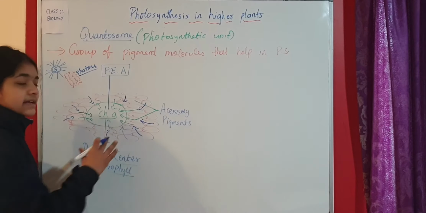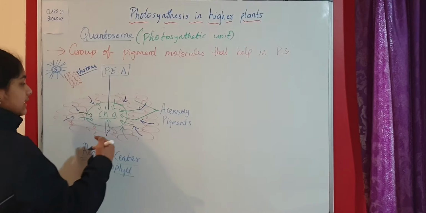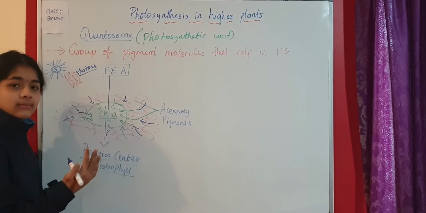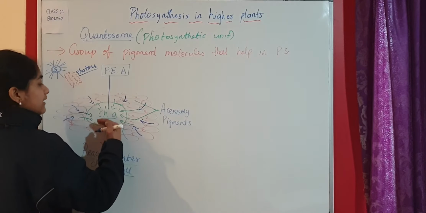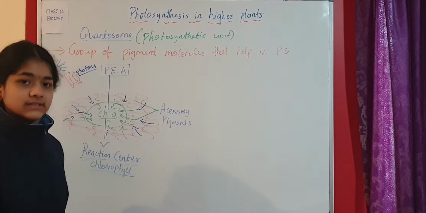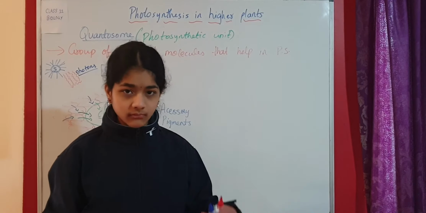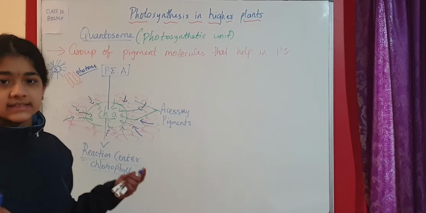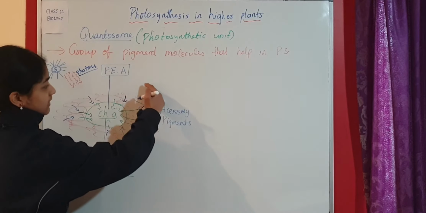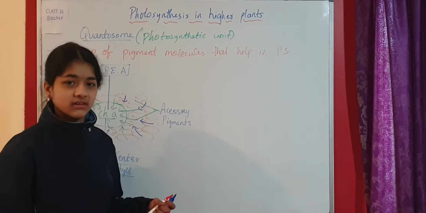Because chlorophyll A has all of the energy from the sun, and the electrons get excited. The atoms in the chlorophyll A pass on the electrons, and the electrons get excited and go to the primary electron acceptor. The function of the primary electron acceptor is to accept the electrons. It basically acts as a receptor. So it takes the electrons, and there are going to be some other primary electron acceptors like plastoquinone, cytochrome, etc.